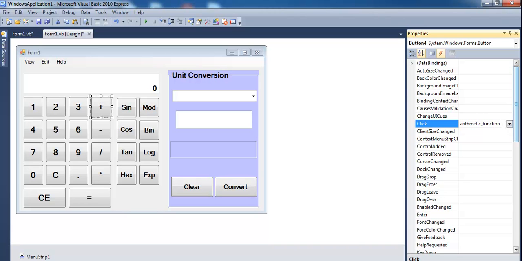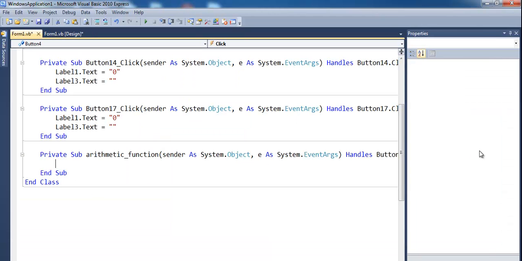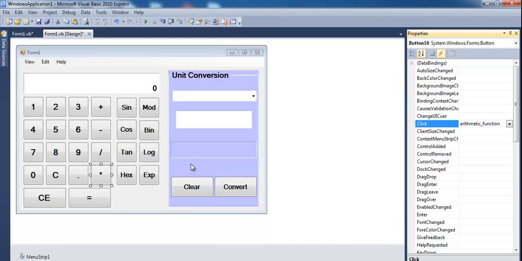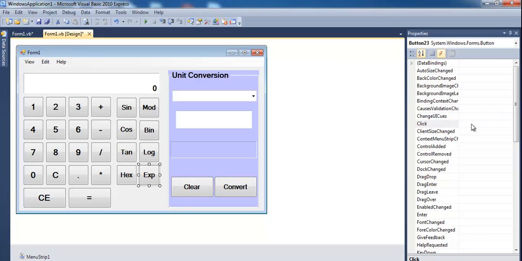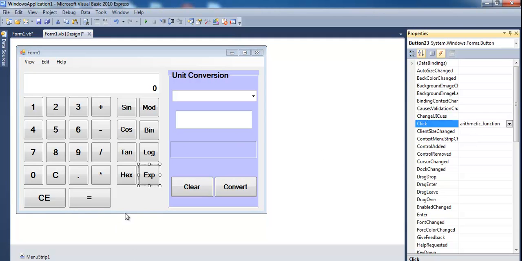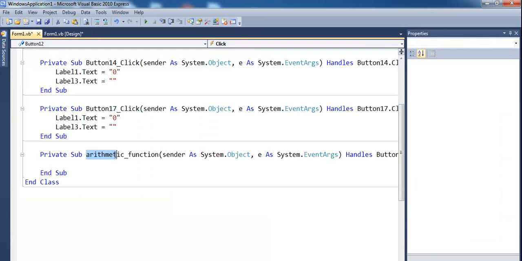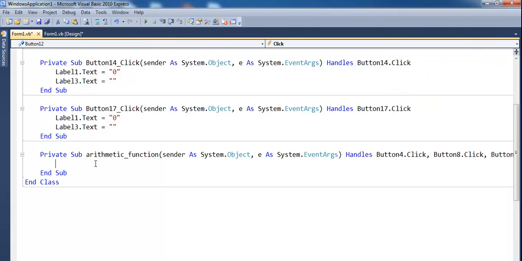Alright, so all of the arithmetic symbols, plus, let's come to minus, division, they are now arithmetic symbols. I think I can also use mod, and exponential as well. These ones will be using arithmetic symbols. What I'll then do is double click the event I've just created, called arithmetic function, and I'll